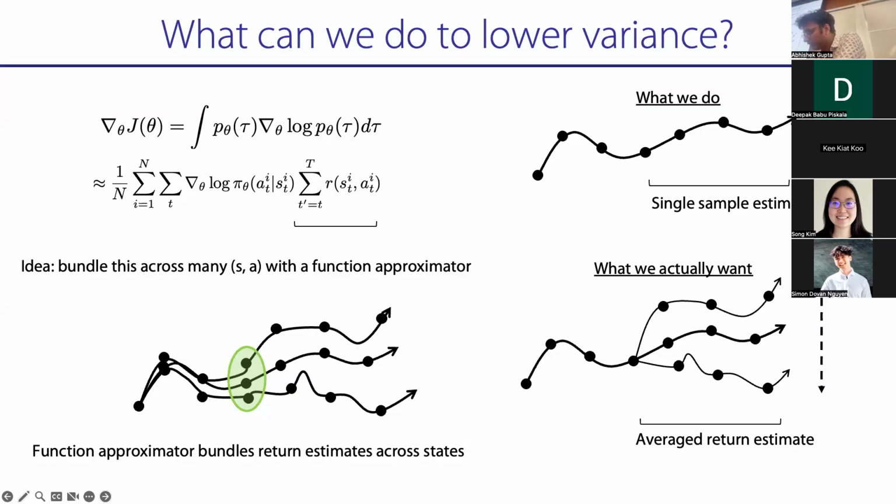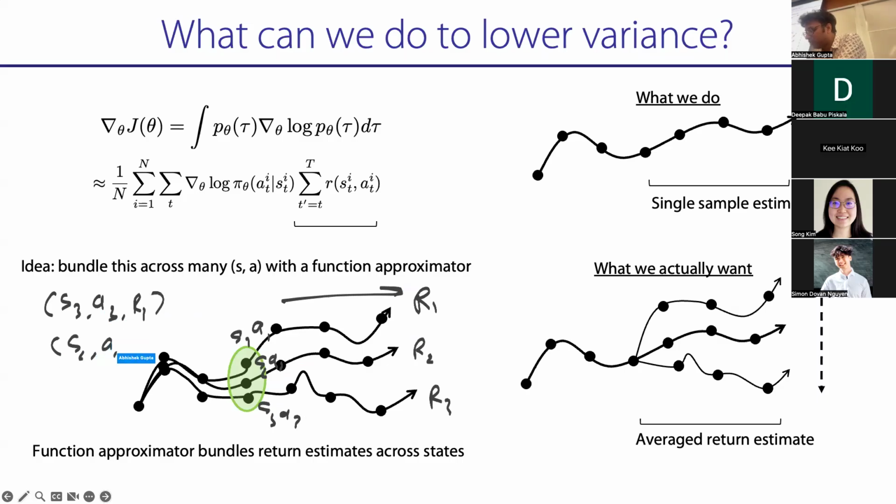Let's call this state S1. Let's say you took action A1. Let's call the next state S2, took action A2. So this is S3, took action A3. And let's say the sum of rewards in the first trajectory is capital R1, then capital R2, capital R3. So I'm going to construct a dataset now: S3, A3, R3, S2, A2, R2, S1, A1, R1. And then I'm going to do regression.